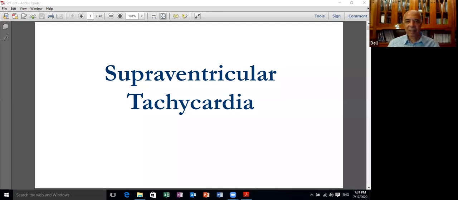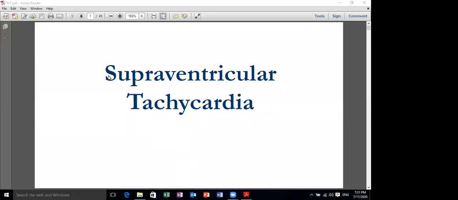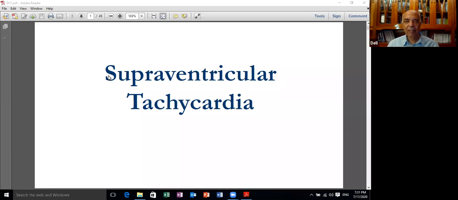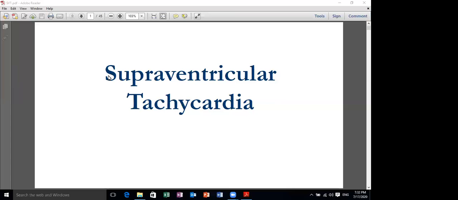Tachycardia, and then the rest will be involving atrial fibrillation, ventricular tachycardia and the channelopathies, atrial flutter, and then we will go into antiarrhythmic drugs and various device therapy, including the ICD, pacemakers, arrhythmias, and then we'll finalize this block by a discussion of syncope. So we'll start with the supraventricular tachycardia.